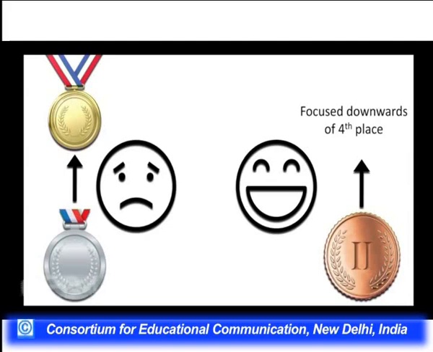Now why is the bronze medalist always happier than the silver medalist? Because if he would have come in 4th place, he would not have won anything. That is why we have usually seen that bronze medalists are happier when they win as compared to silver medalists, because of the reference point. The reference point for the bronze medalist is coming 4th, where he would not have got any prize, and for the silver medalist the reference point was winning the gold which he just missed. So the silver medalist will not be as happy as the bronze medalist.